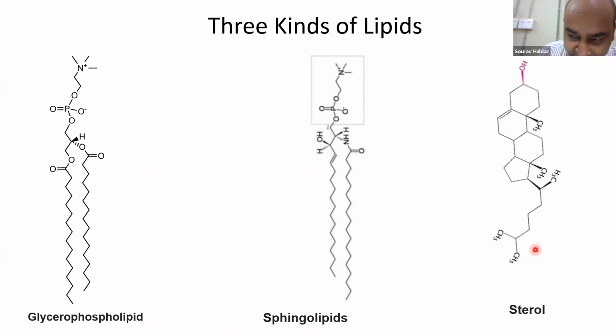Sterols, on the other hand, are a different class by themselves, but as I said, they still have the features of a typical amphiphilic molecule, for example a head group characterized by this OH group, and a large nonpolar group made by the fused steroid rings, right? As I said earlier, they themselves cannot form a bilayer. However, they can be integrated into the bilayer, and then they modulate various properties of the lipid bilayer, including the fluidity of the lipid bilayer membrane, which is an important factor for the functioning of lipid membranes, right?